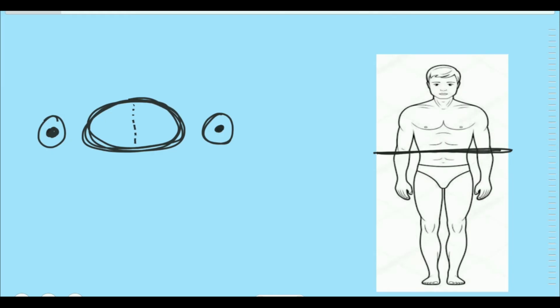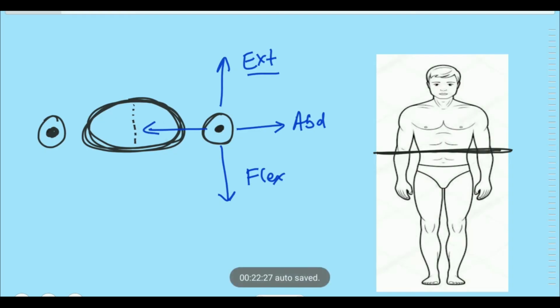Now look at the movements of the humerus bone. What kind of movement can a humerus bone have? It can move back. Yes, this is the extension of the humerus bone or arm. It can move forward. Yes, this is the flexion of the arm. It can move outward away from the midline. Yes, that is the abduction movement. It can move towards the midline, and that is the adduction movement. You can note down these movements are described with the help of planes and they make an angle with the planes. So these 4 are the angular movements.